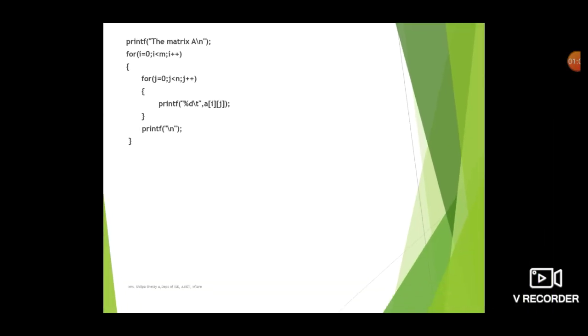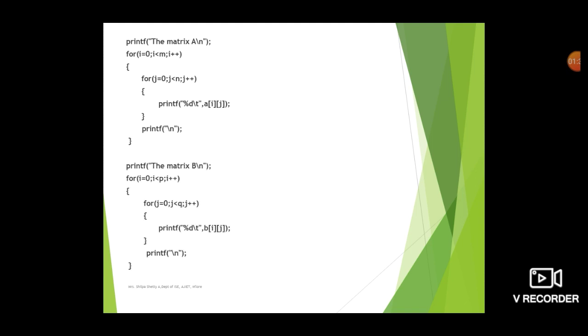So once we display a particular row, which is nothing but the elements of that row, we need to go to the next line. The inner for loop is used to display the elements, with J representing the column indices. Once we finish with all the columns of a particular row, we need to go to the next line, so there is a \n written after the inner for loop. The order of matrix A is M cross N, so the for loop conditions are I less than M and J less than N.